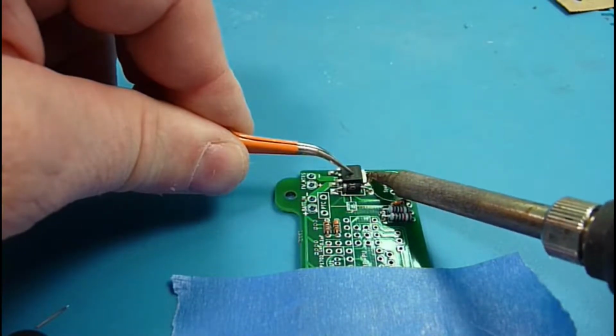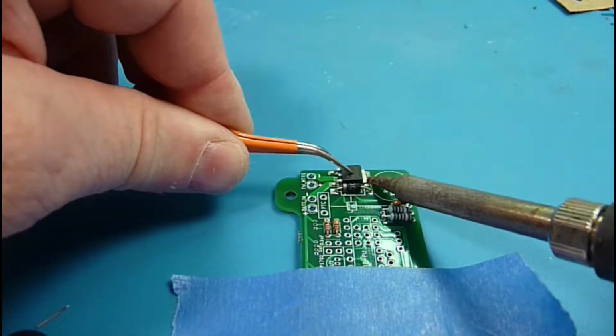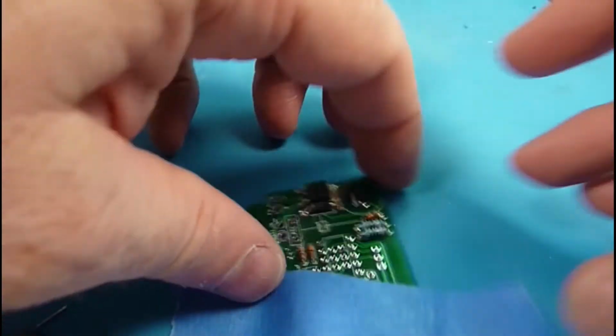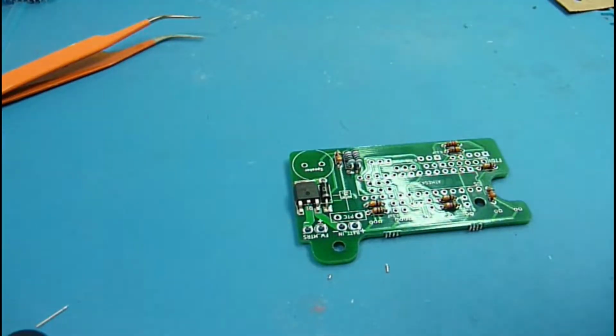And so this provides an electrical connection as well as a mechanical connection with the board. And I think that's as good as we're going to get it. So I'll let that go. And then all we have to do is come in and